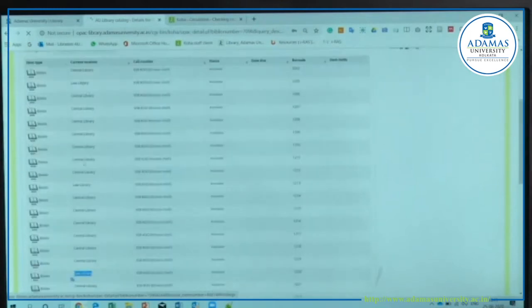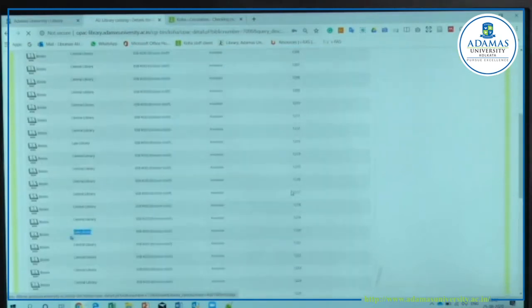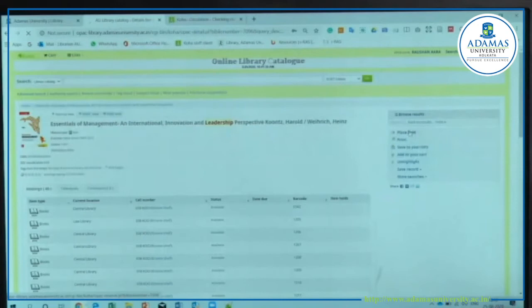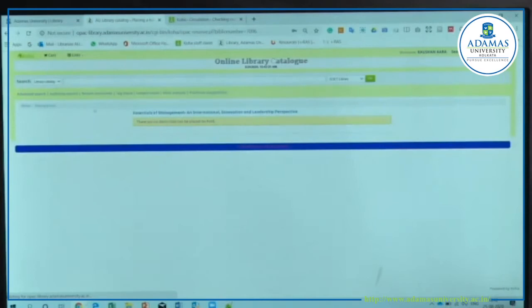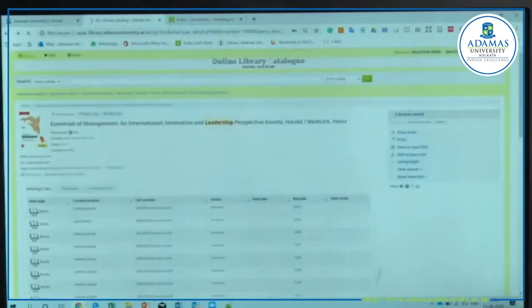Otherwise, if all the law library's books are already issued, you can come to the Central Library and you can get the books. Okay. I was telling about the reservation. If all the books are issued, what do you have to do? You have to click on place hold. But the condition is all the books should be in issue. If the books are available at present in the library, it is not allowing. If the books are already issued, nothing is available inside the library, so this option will work.